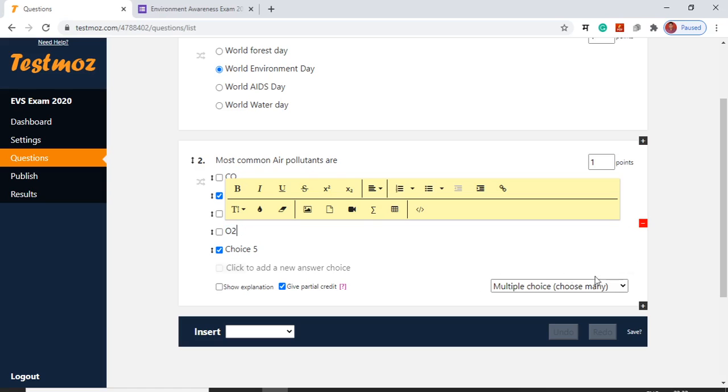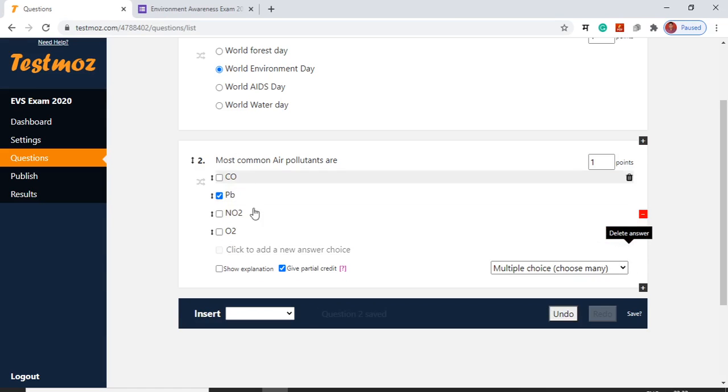Okay, now I am deleting this fifth option. We know that the first 3 are pollutants, so I have selected these 3 options, and O2 is not a pollutant, so I have unchecked this. Like this we can set multiple response questions with many options.